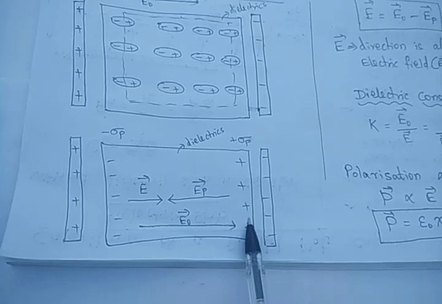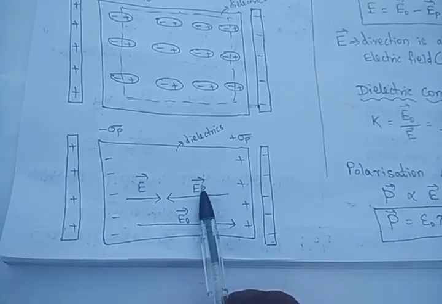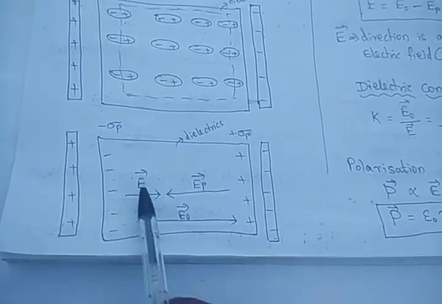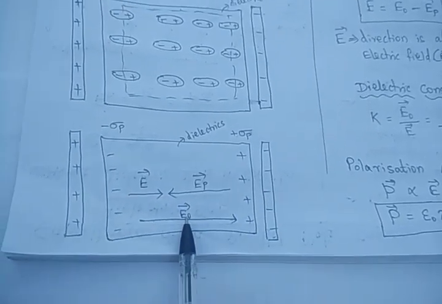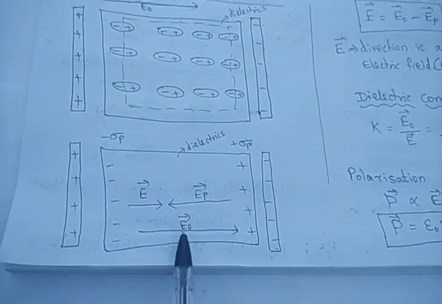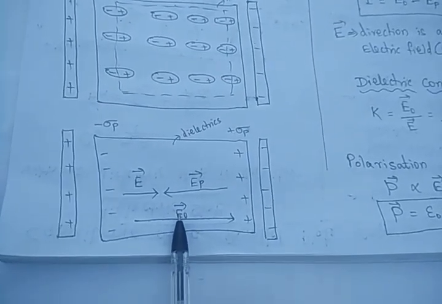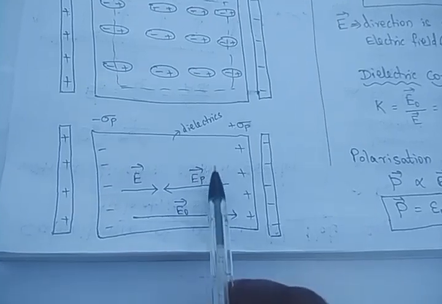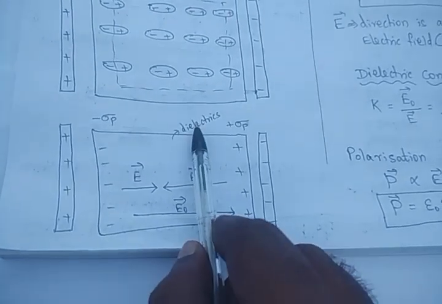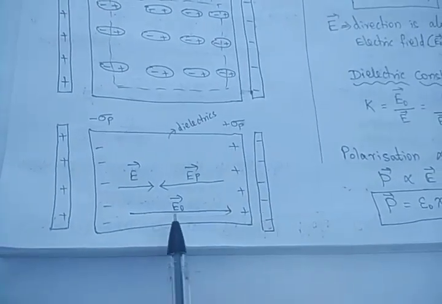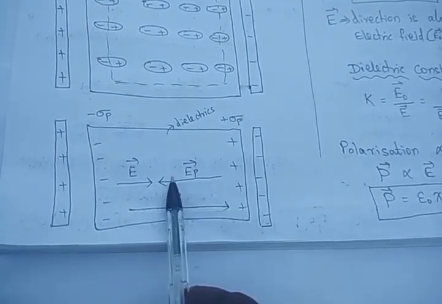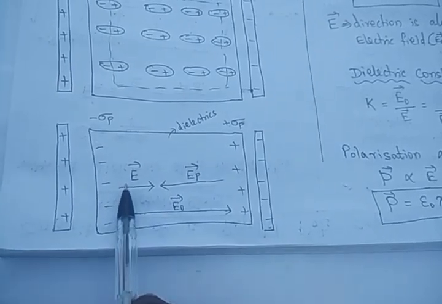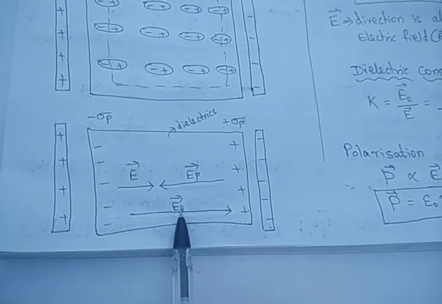The applied electric field is stronger than the electric field of the developed charges. So the resultant electric field will move along the external electric field direction. Again, this is the external applied electric field, and this electric field is due to the induced charges in the dielectric material due to the polarization process. These two are in opposite sense, and this one is stronger than that one. So the resultant electric field will move along the direction of the external applied electric field, and hence we can